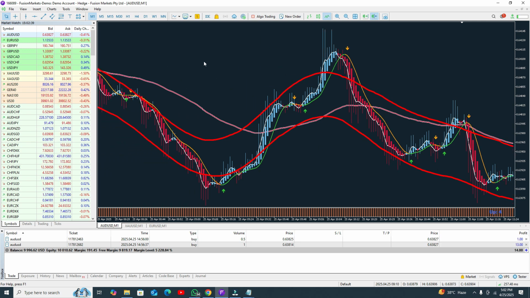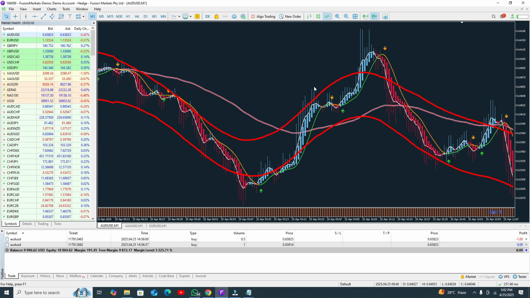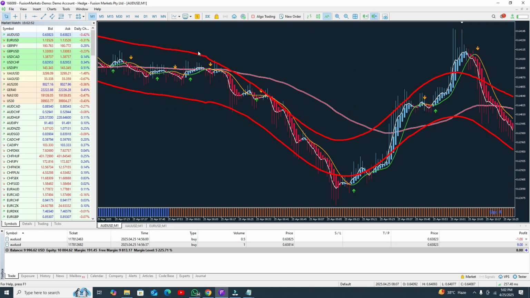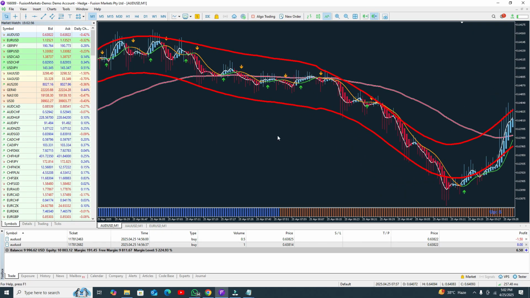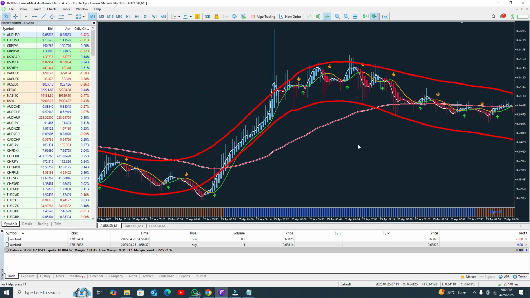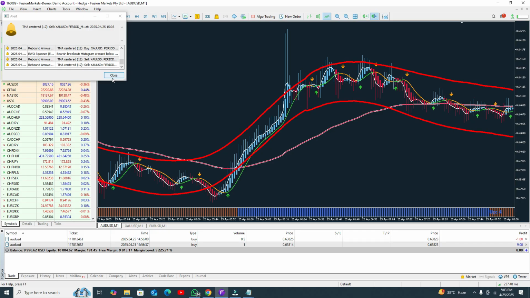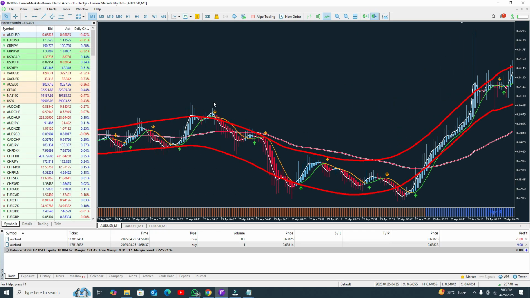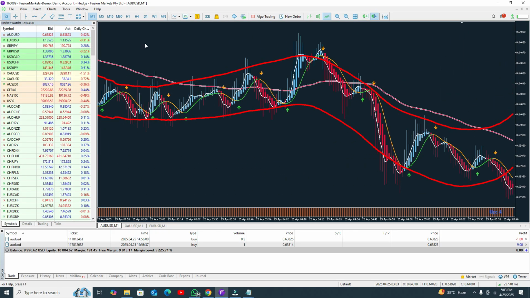Okay, and I will show you why we did not open our sell position from this point. I will give you more details about that one, but just wait. That is one more position, and you need to close your trade here. We are waiting for the buy position. Yes, we got the position, and you can see you got some good profit here. Now again a sell position, that one.